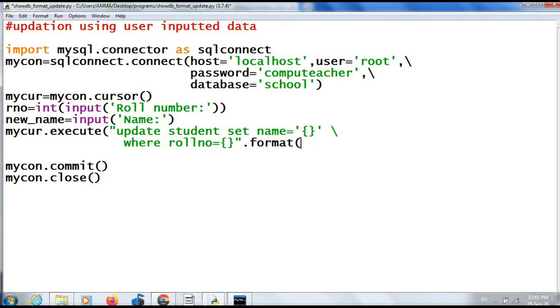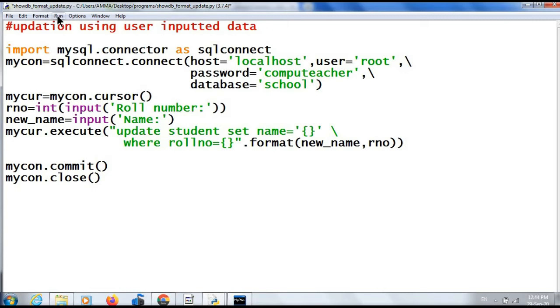First value is the new name, then RNO. Close the execute function. We are accepting the roll number whose name has to be changed and also the new name. Then update student set name, that is the name of our attribute, equal to this string, that is the new name inputted by the user, where roll number equal to RNO, the value of RNO inputted by the user. Then commit and close.